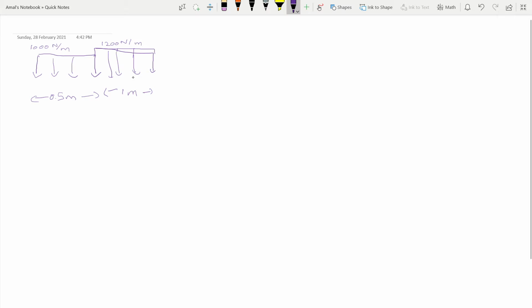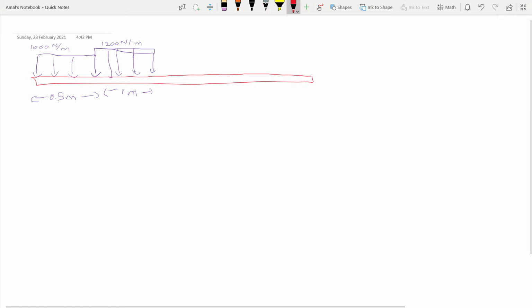Let me draw the beam. Let's get red color for it. So the beam goes like this. And then we have another,